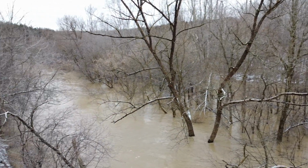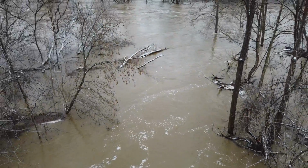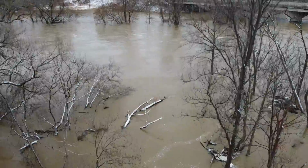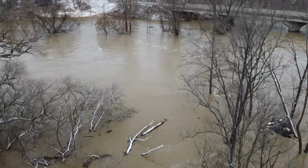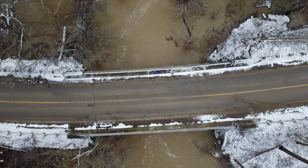It's been not a bad day to be out and about and see what's available as far as scenery for the drone, and I've also recorded some video on my camera as well. So hopefully this will go together nicely. You'll get a view of what it looks like at this time of year in Canada, at least